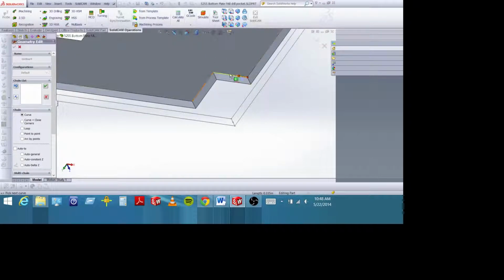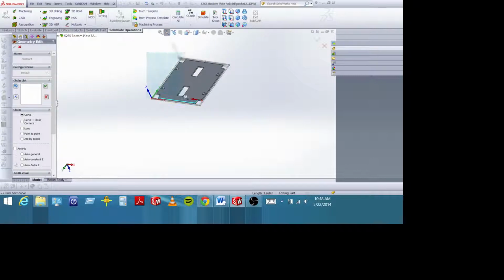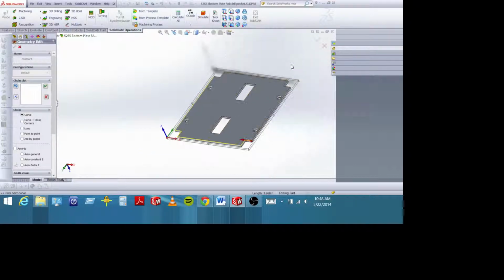I'm climb cutting here, so that's good. And I kind of want to jog around here, not around the clamps. I'm going to quit right there. So I've got a clamp here and a clamp here, so I'm free to cut here. I'm going to accept this chain